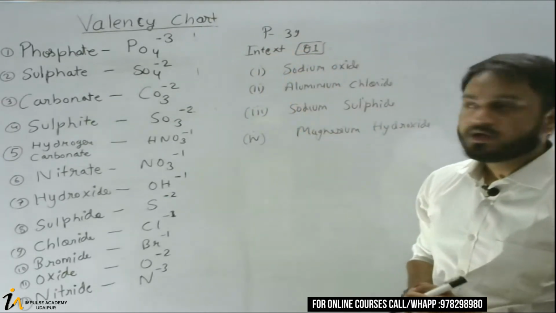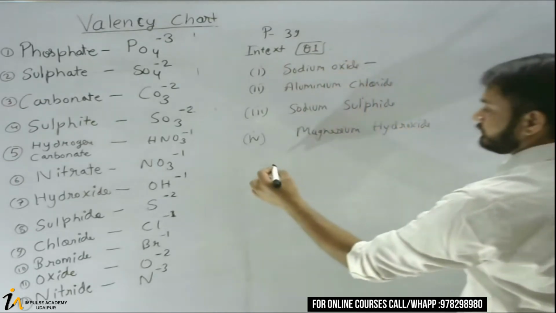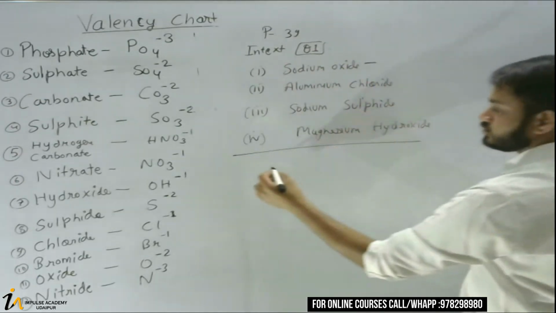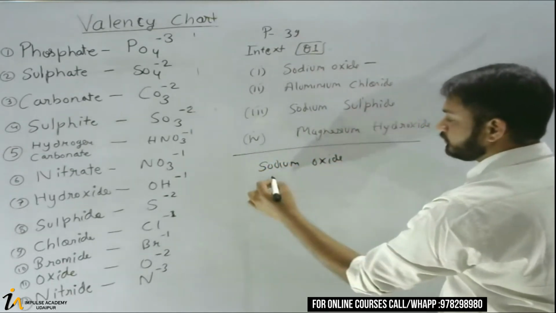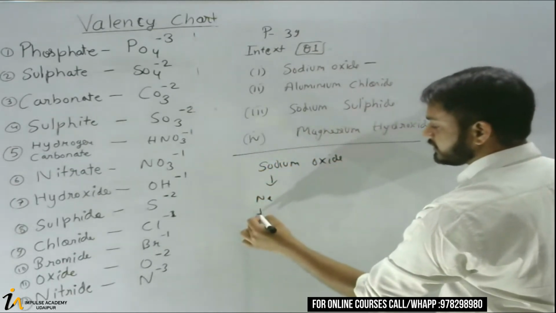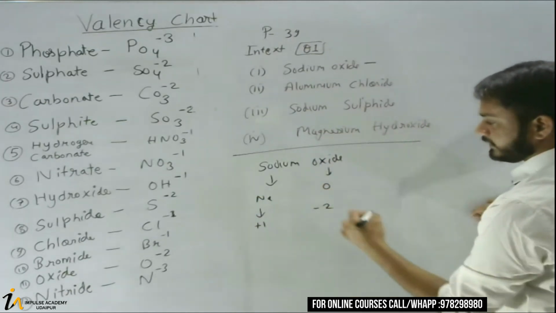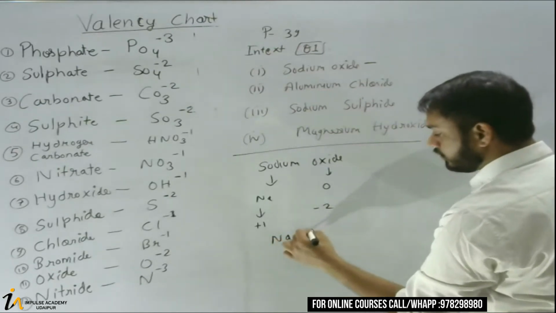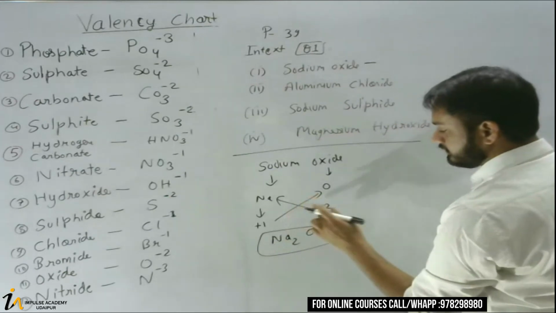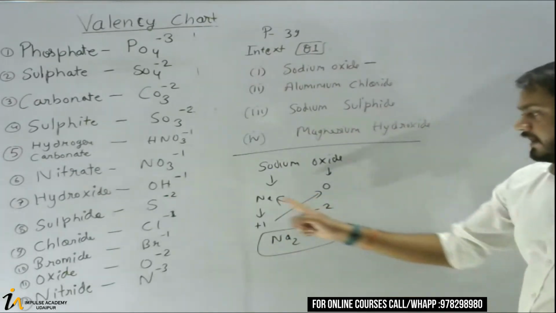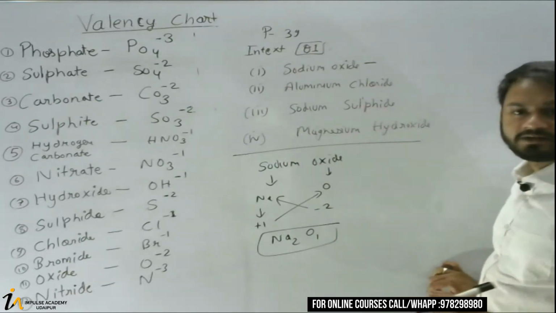So this is a question in class 9th, on page number 39 in the textbook, question number 1. Okay, so in this we need to form the formulas. First we'll see sodium oxide. We know that sodium is Na and the charge is positive 1. Oxide is O and the charge is negative 2. So it would be Na2O. Okay, this is the formula, because we'll cross the valency here. So this will be Na2 and then O, it will be 1 only. You can write 1 also, hardly matters, same thing.